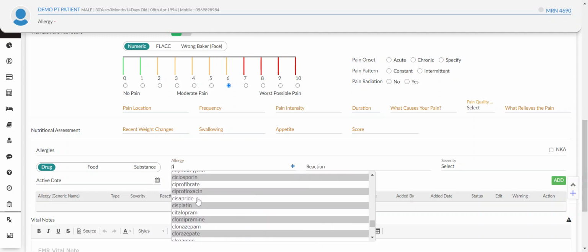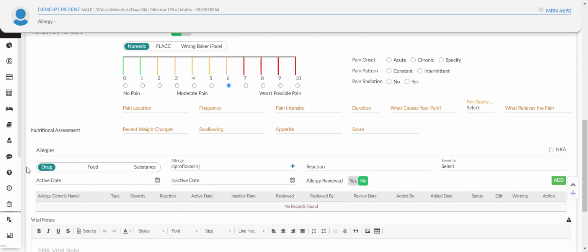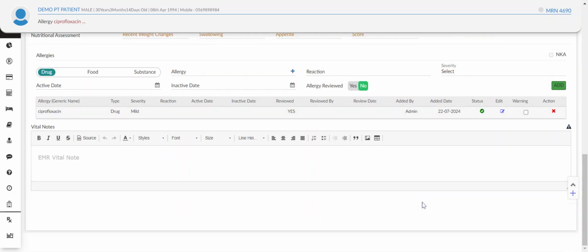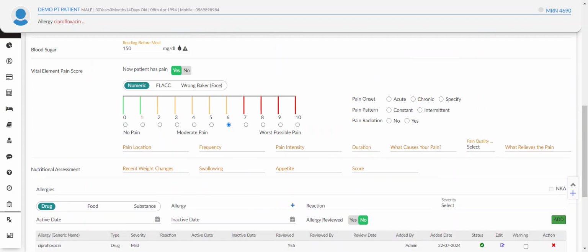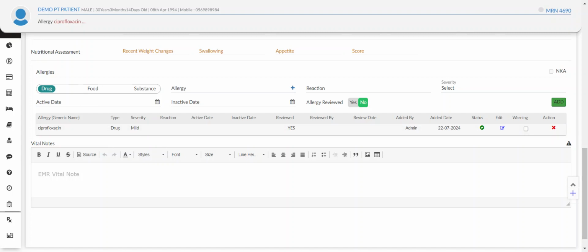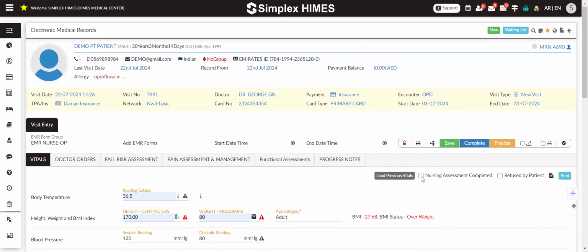You can select a generic name if it is a drug, and you can select the severity, whether it's mild, moderate, or high. These are the basic vital parameters, pain assessment, and allergy information the nurses will be entering. After they have taken the triage, they can mark it as nursing assessment completed